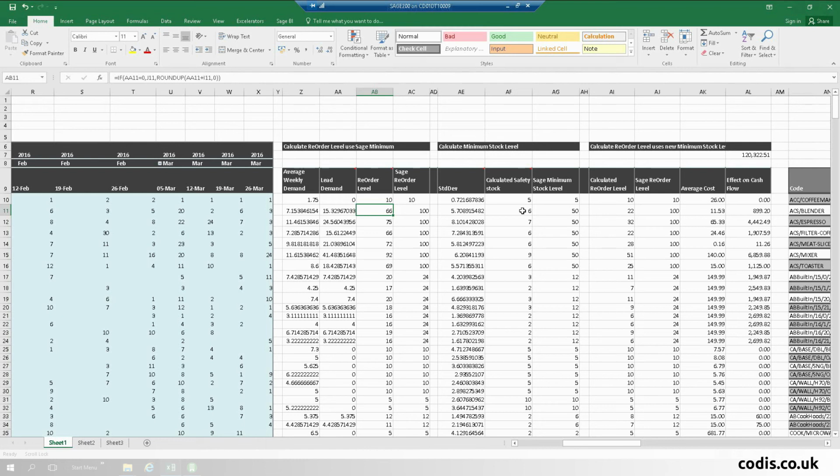But we can also look at the minimum stock level and the safety stock level, and we can use formulas. Again, they're formulas designed in order to calculate these numbers, and we can calculate using the standard deviation, and then we can use that standard deviation to calculate a new minimum stock level. And what I then did was use that minimum stock level and the lead demand to calculate our reorder level. And as you can see there, we have a new reorder level, and we have an average